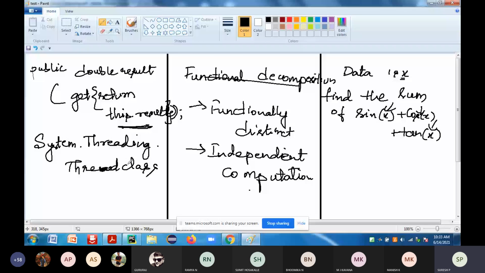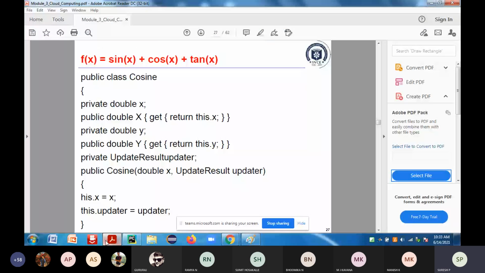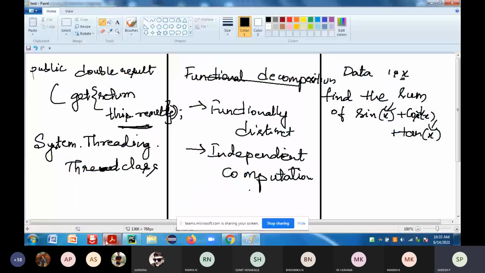You are writing a function, and that function depends upon the value x. So your f(x) is equal to sin x plus cos x plus tan x. Here the value you are passing is x, so the data is the same, but the functionality is different.